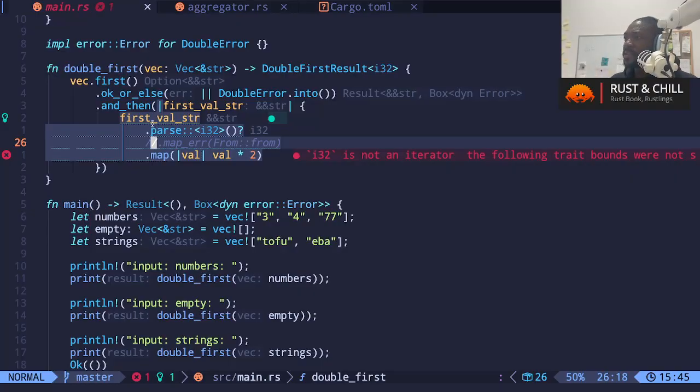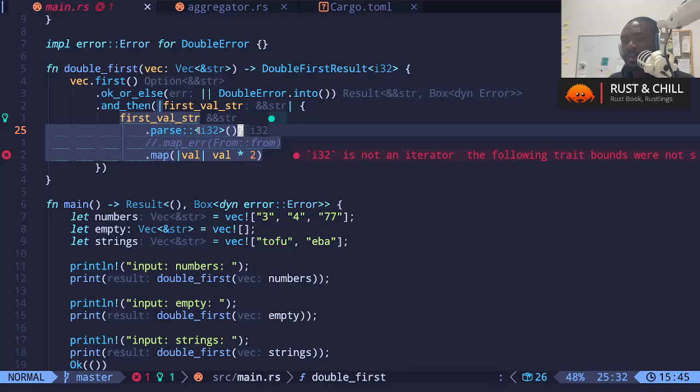I mean, at least this would give us an iter2 value. So it will give us the value contained in the result. We don't have to map an error anymore. Okay, I don't think we need to map this anymore if we're using the question mark operator in this case. So if we did this,